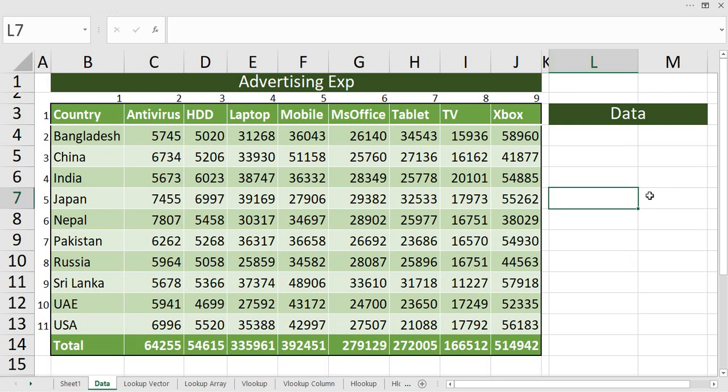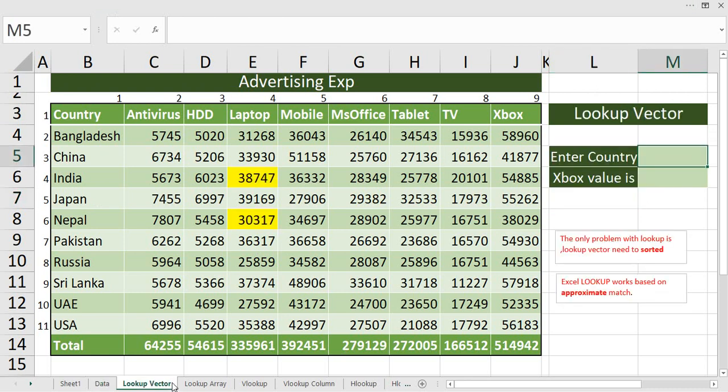For the first, we are going to start with the lookup vector concept. I am going with the same data as I said. I am going to write my country name over here, and based on the country name written here, I want my data to be retrieved. Earlier I highlighted Xbox, but let me write my formula.